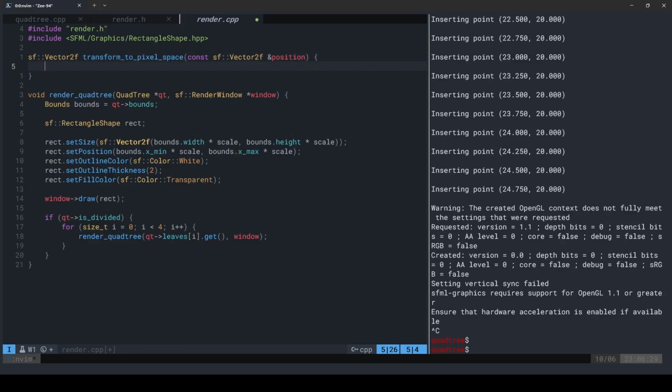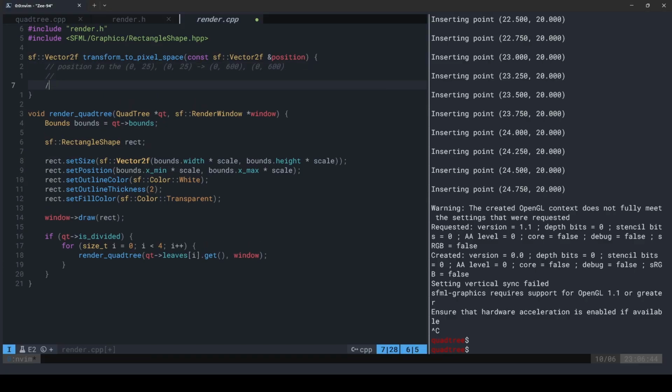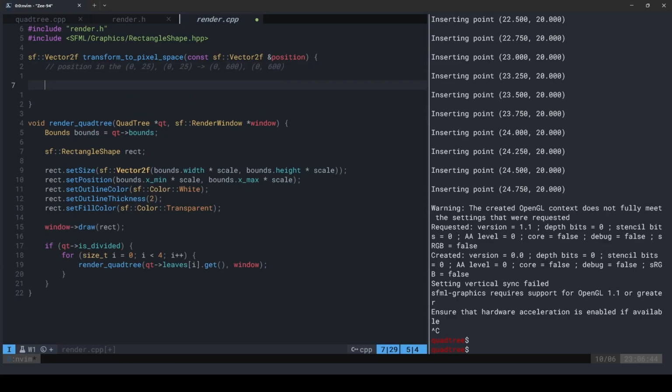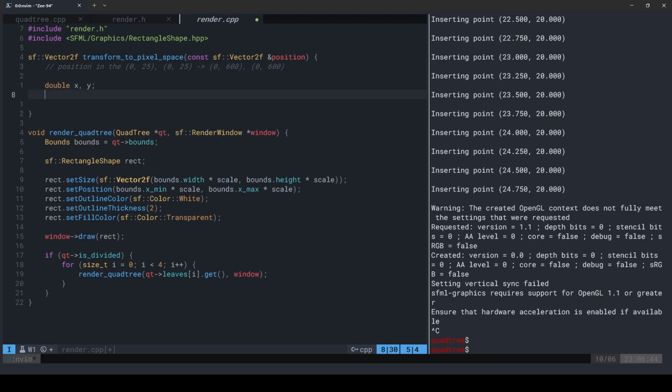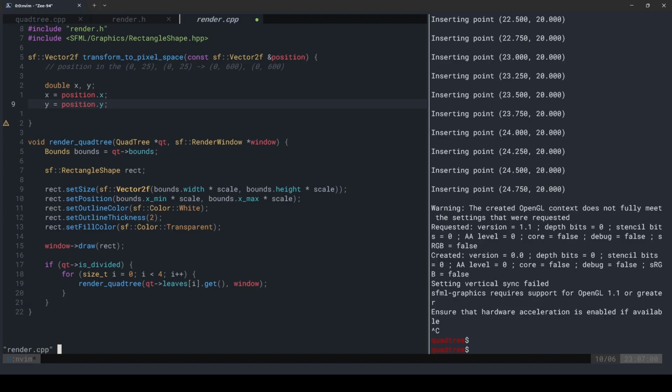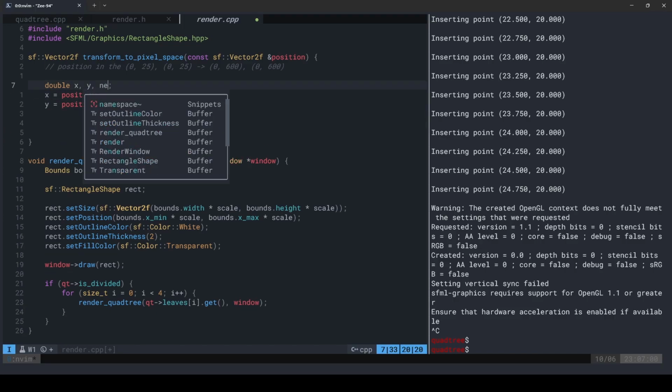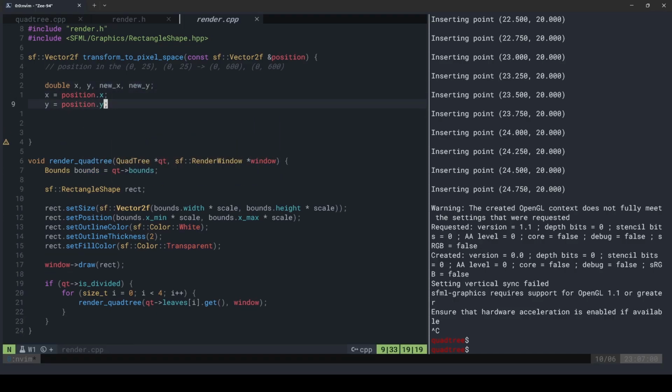So what we want to do is to take in a position in the 0 to 25 by 0 to 25 space, and convert it into our 0 to 600 by 0 to 600 space, right? And so essentially, let's define our new x and y. I'm going to write this out explicitly and we can condense it later on. So x is position.x, y is position.y, and our new x, new y is going to be